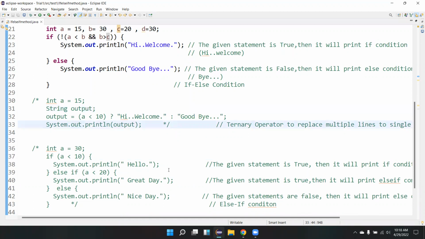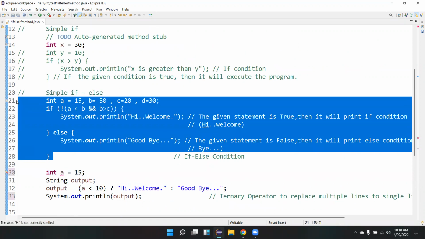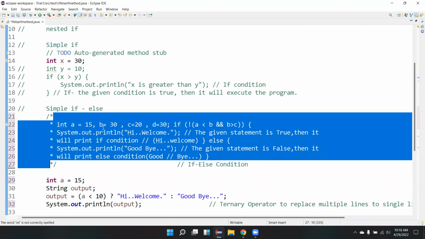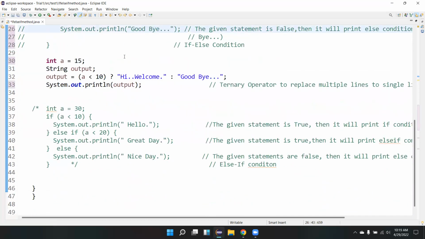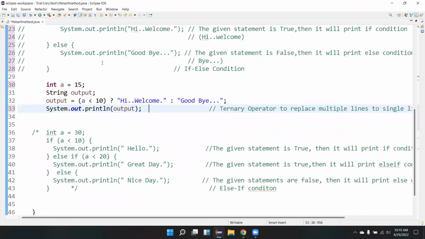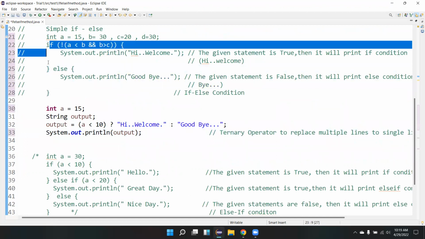The next one is the ternary operator. Actually, in the basic ifs itself, we have this ternary operator. What do you mean by ternary operator? If you see here, we have written code with if else like this, right?